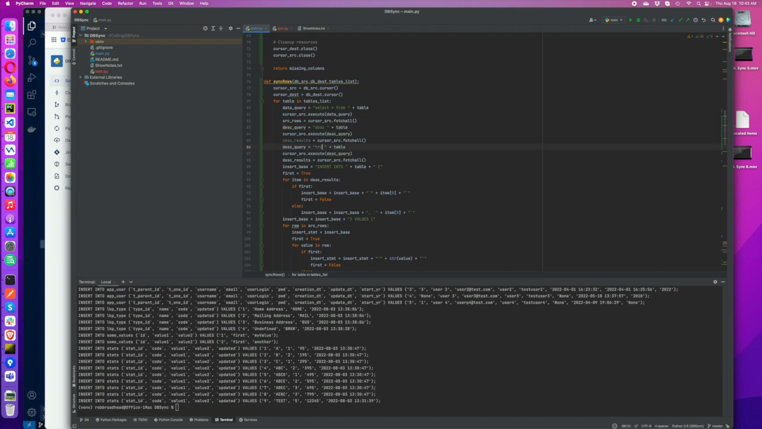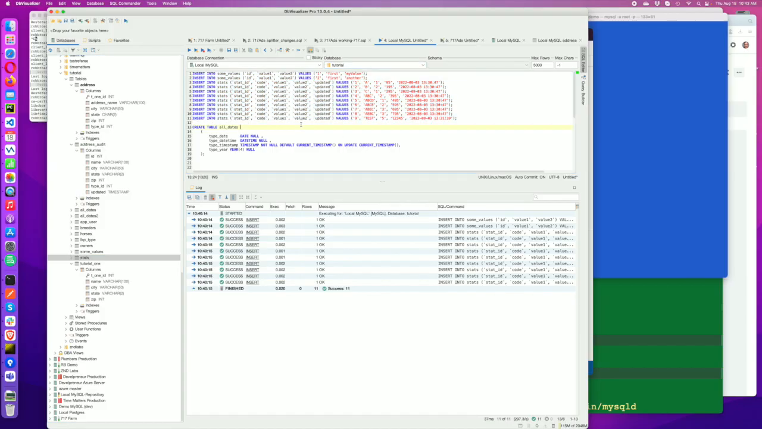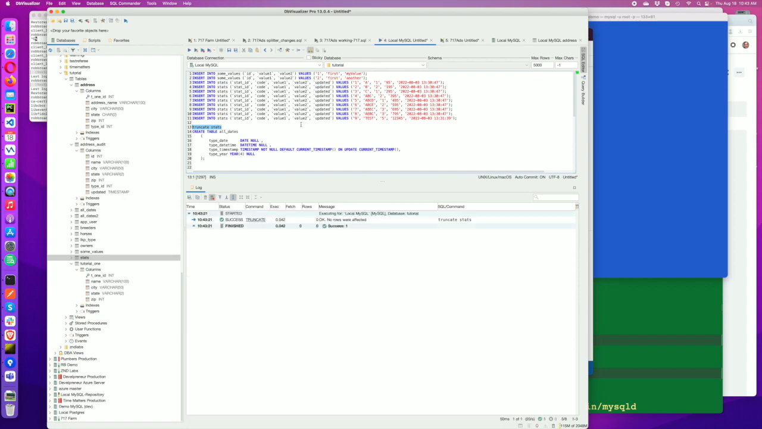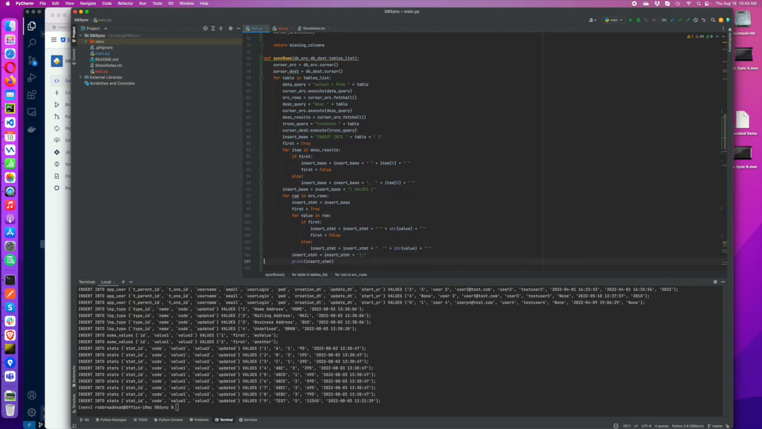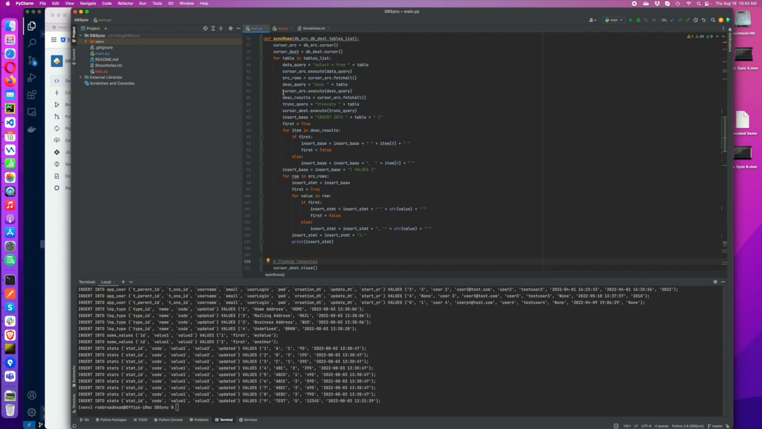So we're going to do truncate, which I think we can do. Let me make sure I've got that right. Truncate stats. Okay. So I can truncate the table. This is going to be the truncate table query. Except we don't want to do it on the source, we want to do it on the destination. So now we're going to empty the table, and then we're going to come in here, and we're going to execute